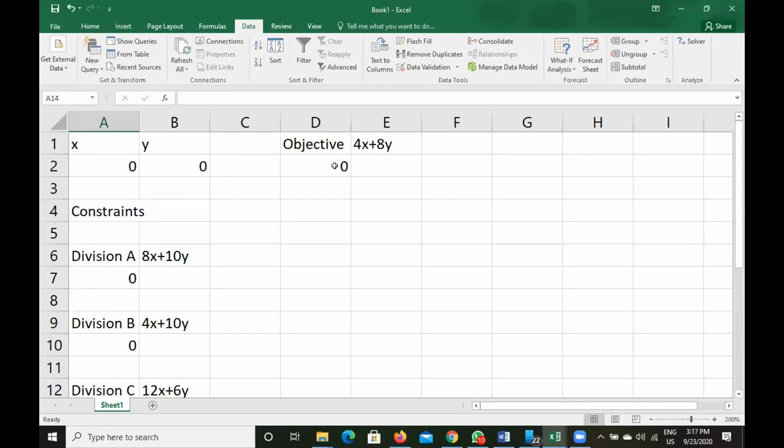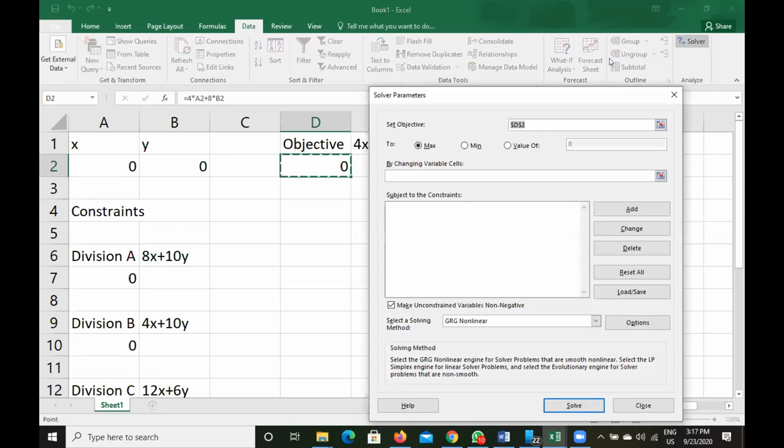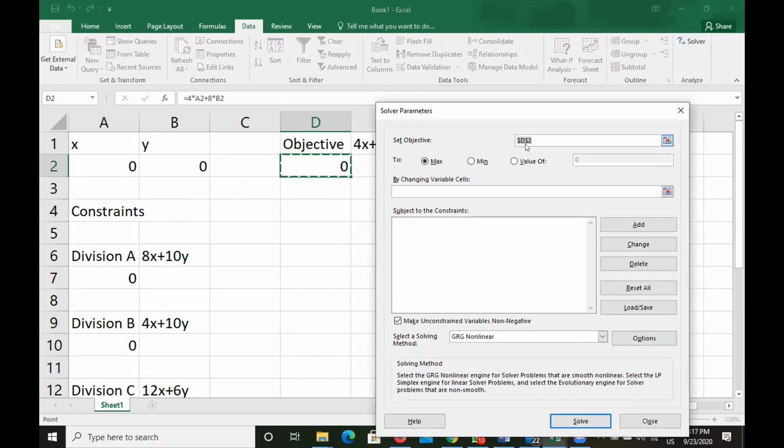So now here we will only select this cell. After you select this cell, click on the solver app. Pay attention. Here you should see D2, because D2 is the cell where the objective formula is.